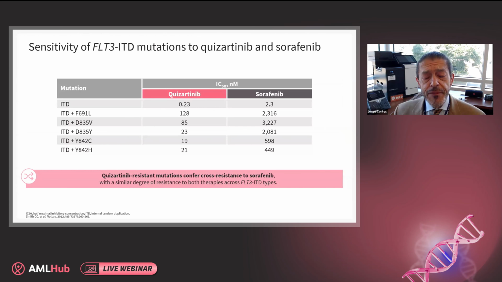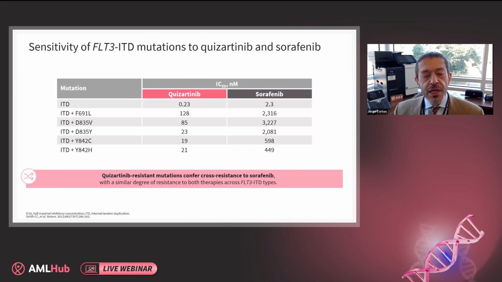Because of the type of inhibitors that quizartinib or sorafenib are, as I mentioned, type 2, you can see here the IC50 for the ITD, when it has in addition a tyrosine kinase domain mutation, either the DA35 mutations that we talked about earlier, or that F691L mutation, which is called the gatekeeper mutation, you see how much it affects the sensitivity